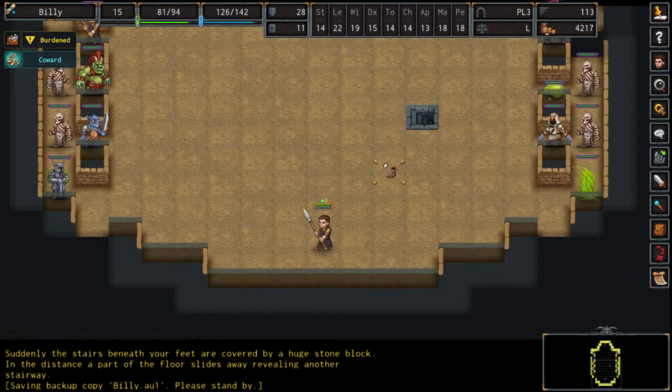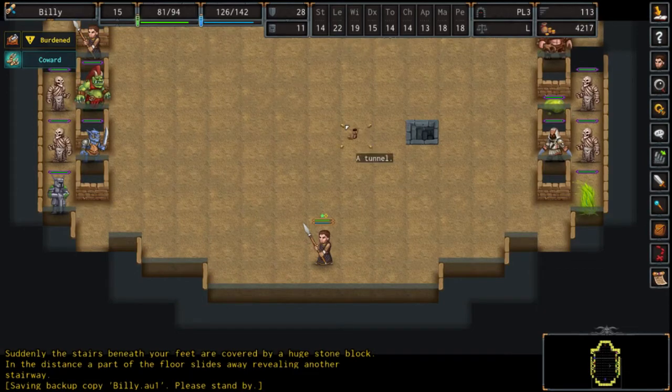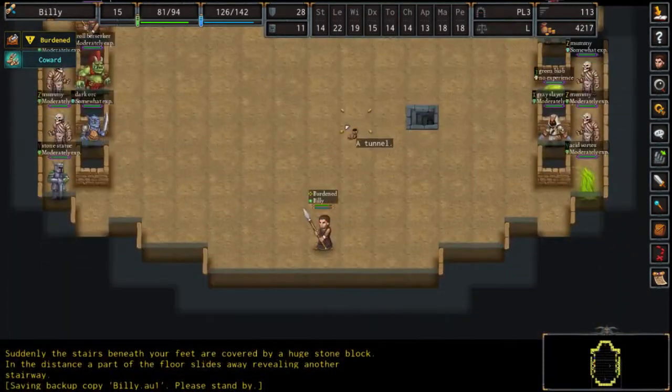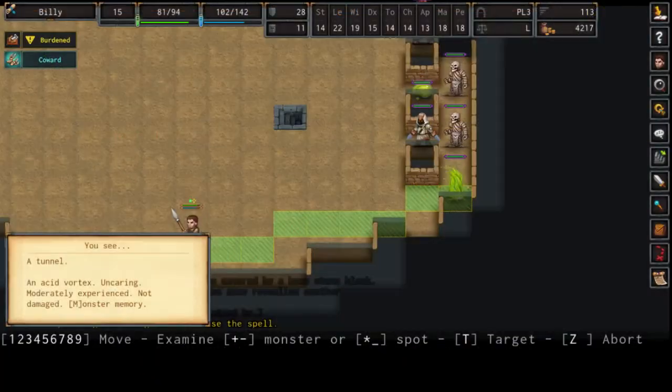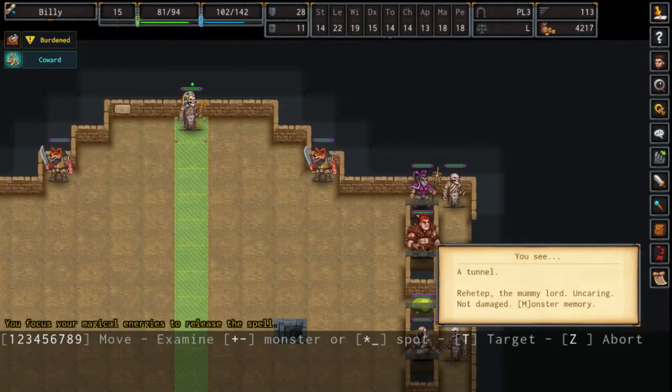So here is the top level of this dungeon. This is Rehetep's lair. Rehetep is the ancient mummy lord that you have to fight here. So you can see some slightly dangerous enemies here. We have acid vortex, some gray slayers, jackal wares, which can confuse you. I think that's an Etten,